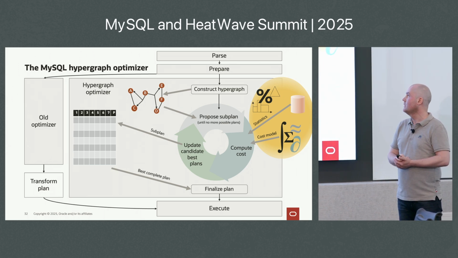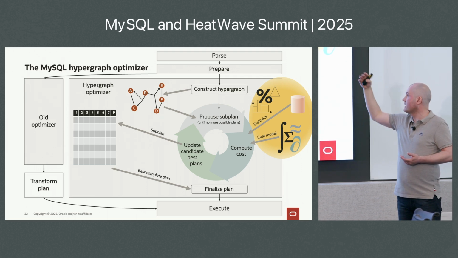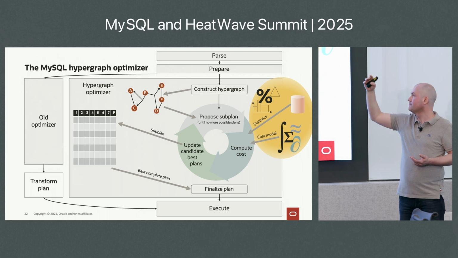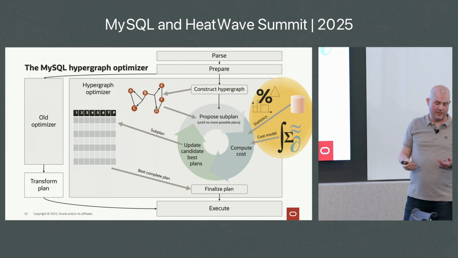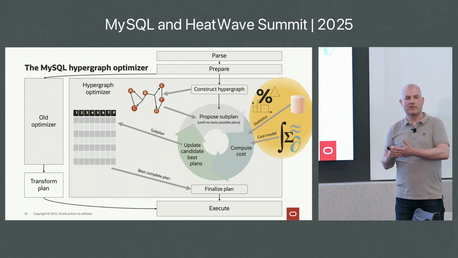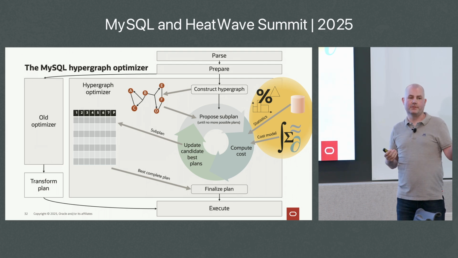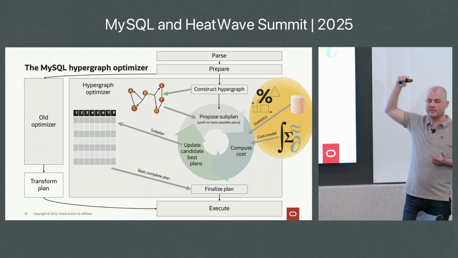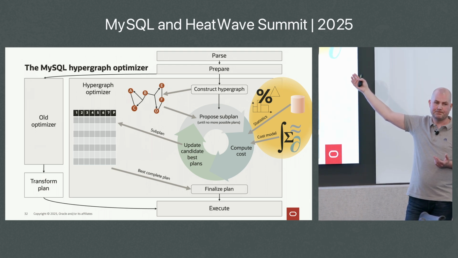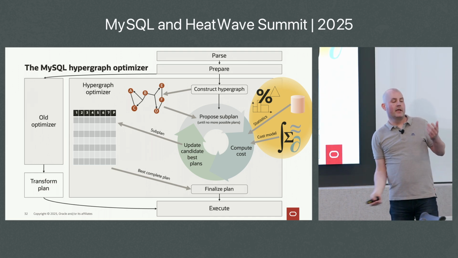We go back, we look at a normal nested loop join of A and C, compute the cost of that, compare to the plans we already have, and a nested loop join is much more expensive than the hash join in this case, so we already have the hash join, so we throw out the nested loop join. Go back, propose a subplan. This time it's a nested loop join with an index lookup on C. Compute the cost, look at the best plans, and we see that